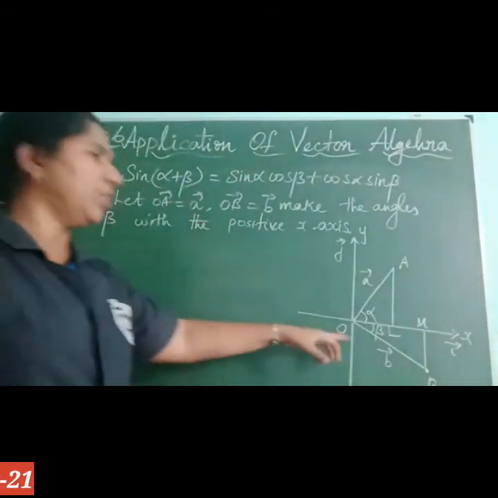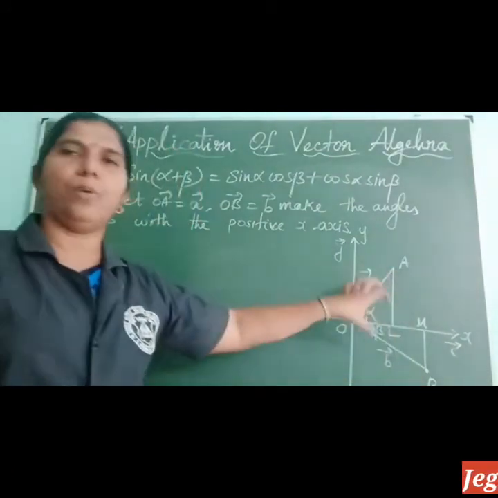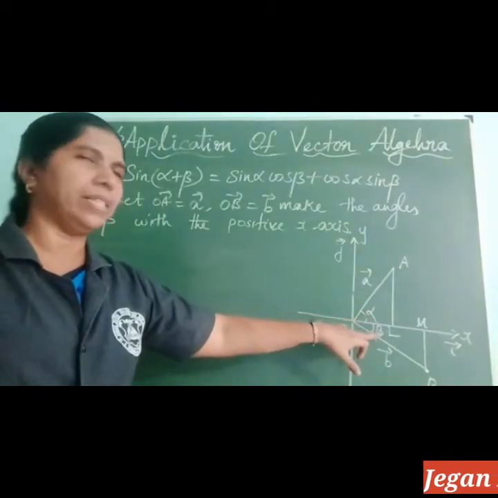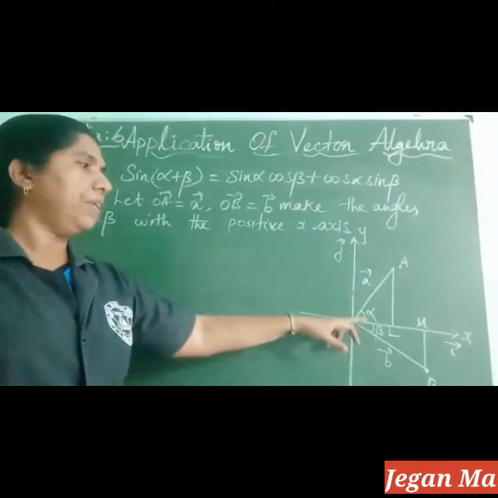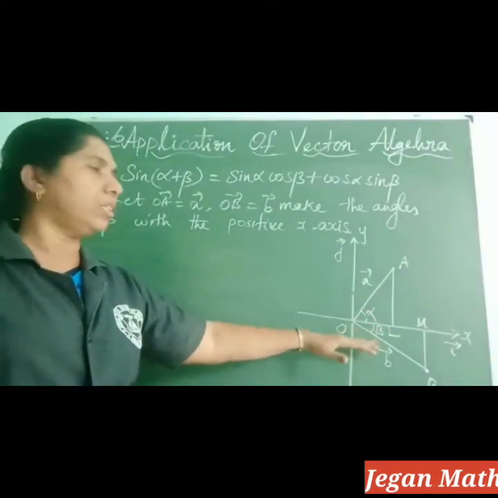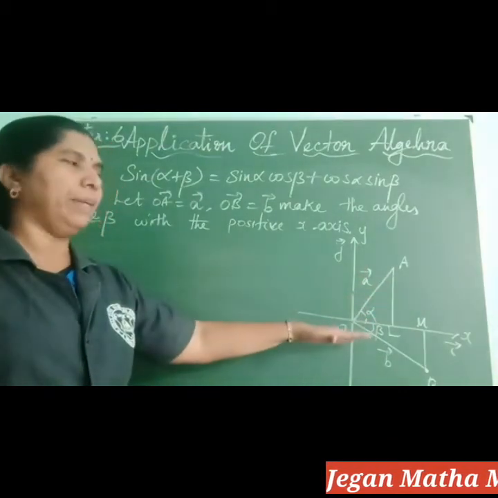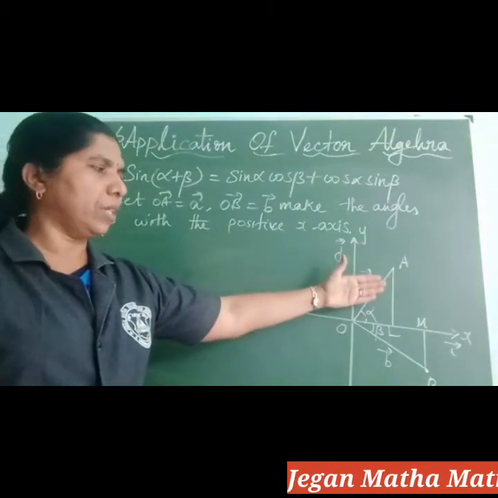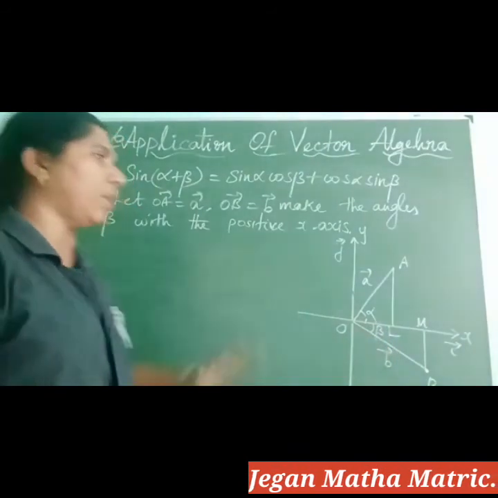So if you want to find the angle between A and B, meaning both angles together, we have to add them, so we will get alpha plus beta. According to the question, we have to draw the figure. If it is alpha minus beta, both triangles must be in the same quadrant. Alpha plus beta means you can take the first point in the first quadrant and the second point in the fourth quadrant.